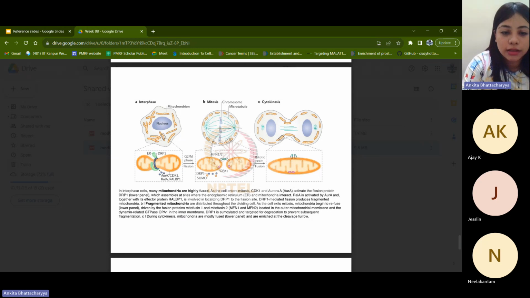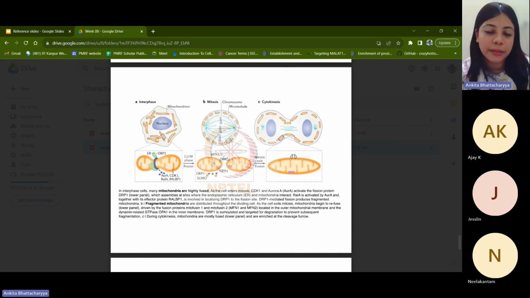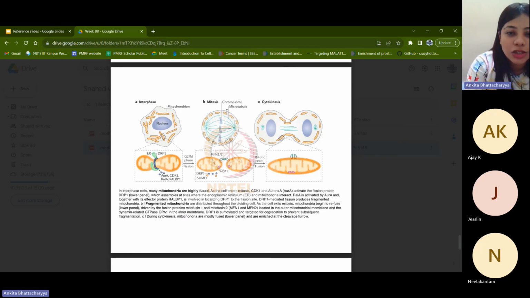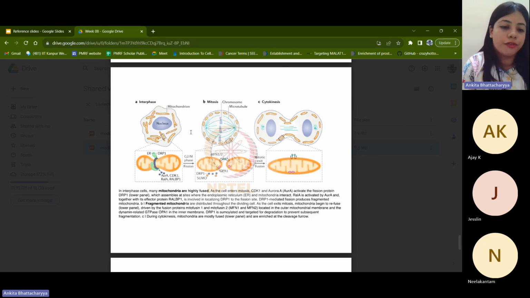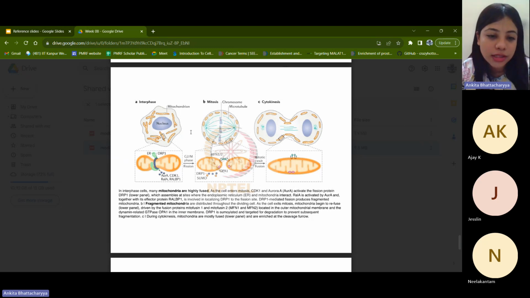However, certain proteins like CDK1, Aurora, etc., they snip or break down the mitochondria into tiny bits, and you can see that they get arranged during the process of mitosis at the cellular periphery or at the exterior end of the cell. And these fragmented mitochondria are divided throughout the cell, and when the cell exits mitosis, mitochondria begin to refuse, and that is driven by certain types of fusion proteins like mitofusin 1 and mitofusin 2, MFN1, MFN2,